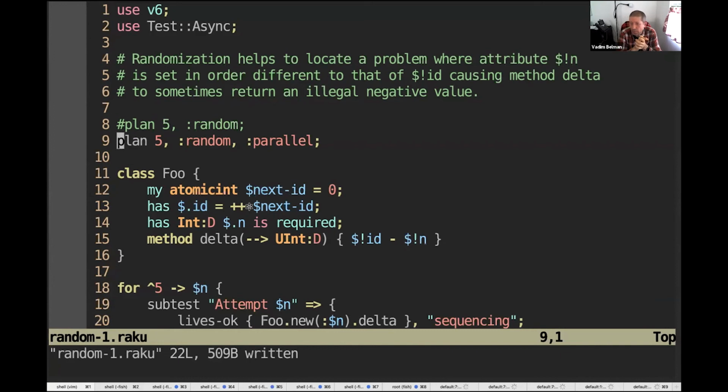This number depends on the number of cores in your CPU. And if you have really many subtests and you want to run them in parallel, there would still be some amount of subtests waiting to be executed. So like you have 5 being run currently in their own threads and 10 more awaiting. And as soon as one of the executing subtests finishes, a new one is picked from the waiting queue and started. And without randomization, the queue is going to be